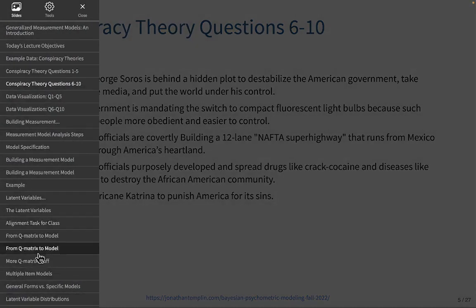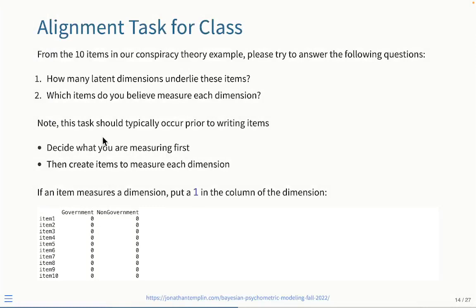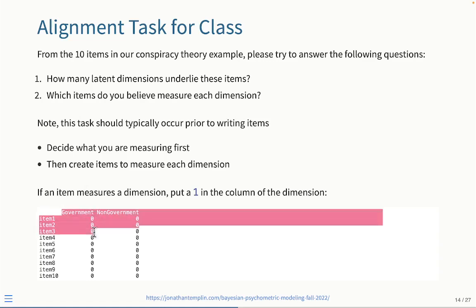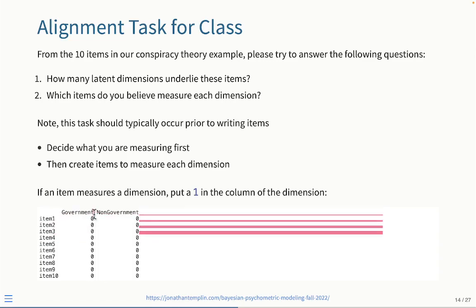And we tried to figure out two things. We had to figure out how many latent dimensions underlie these items, and then for each item, which dimension you believe it had to measure. And there were varying discussions about this as well. I'm going to just, for now, describe two. It looked like in those items that many of the items referred to some government entity. So for instance, conspiracy about the government trying to do something that is nefarious,